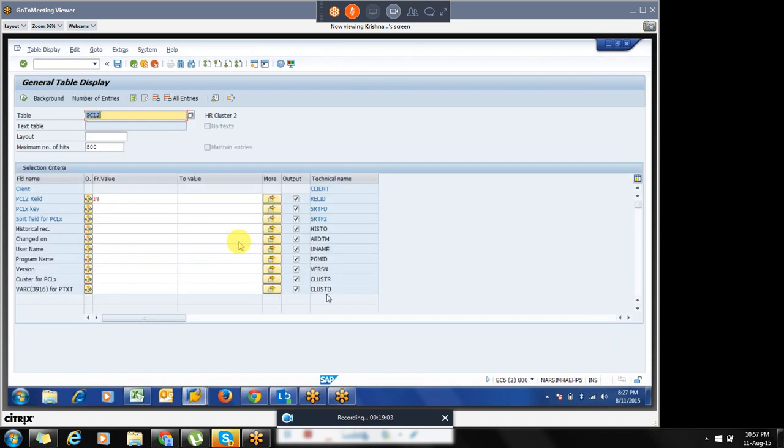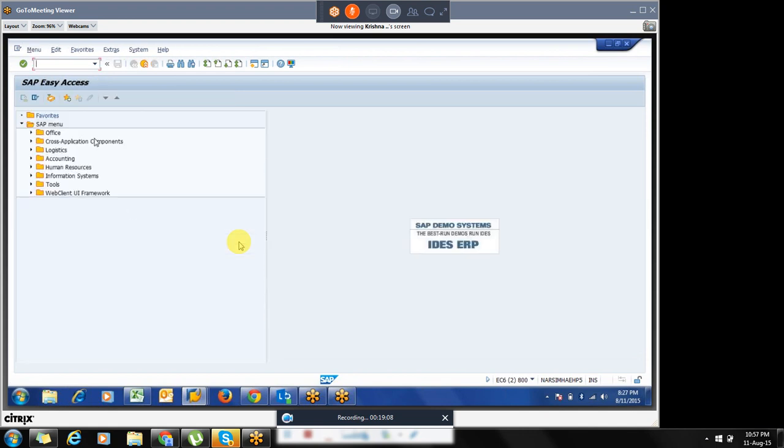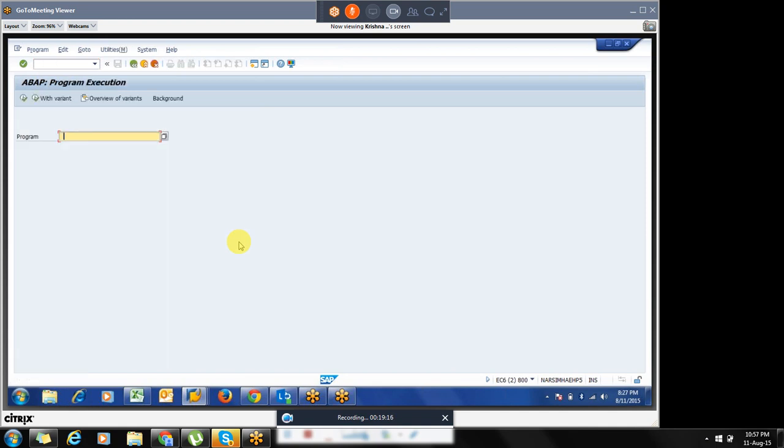For yesterday's issue, we faced something for one employee. For that, there are a few programs. Only these programs will run, at implementation level. Whenever in the production server or quality server, if you are running a live program with wrong data, the database tables will be created. So when you are going for a new implementation from scratch, we will clear these cluster tables.